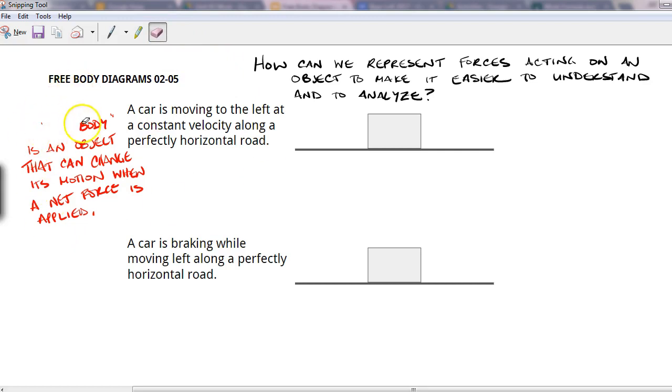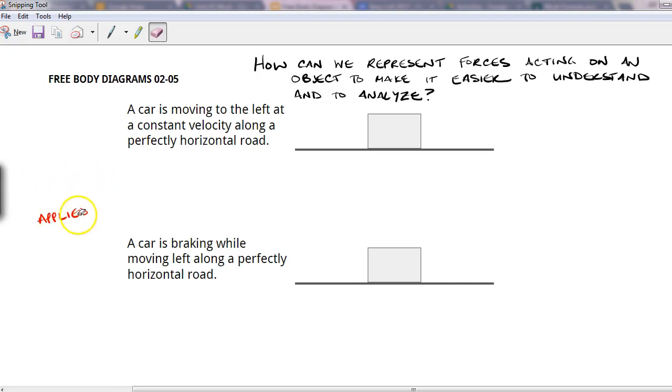For example, if you get into your car, the road supports the additional weight of you and the car together. And so the additional force that the car experiences doesn't actually change its motion because it's balanced out by the road. But it could move if you dug a hole and then drove the car into a hole or something like that. Anyway, so we're going to talk about cars today, and so the first situation is a car that